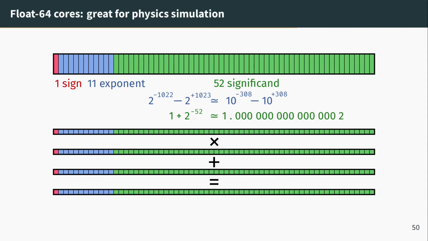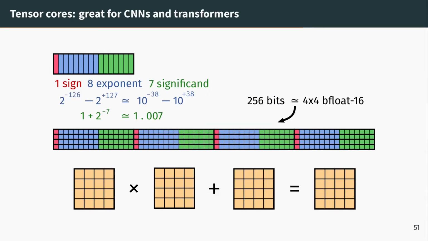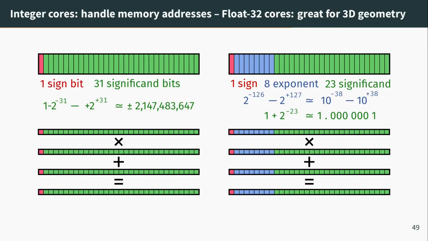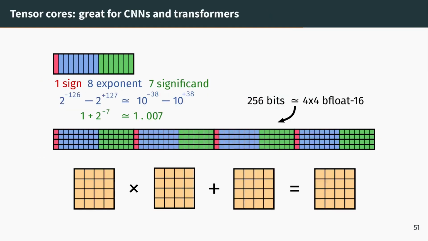But then NVIDIA also understood that people were starting to make lots of matrix multiplies without caring too much about numerical precision, right? If you're just training a neural network, you don't really care about 7 significant digits. It's all noise anyway. And definitely you don't care about 16 digits if you're implementing a convolutional neural network or a transformer. And so they decided to add support for new types of